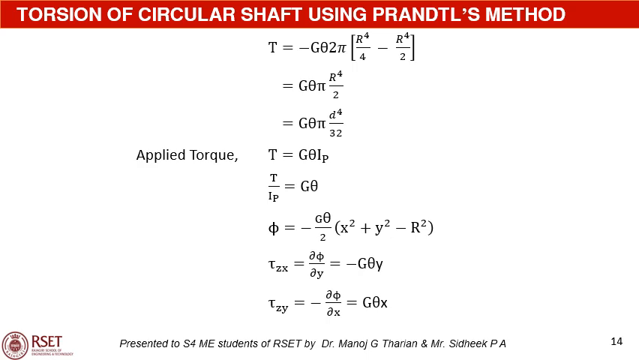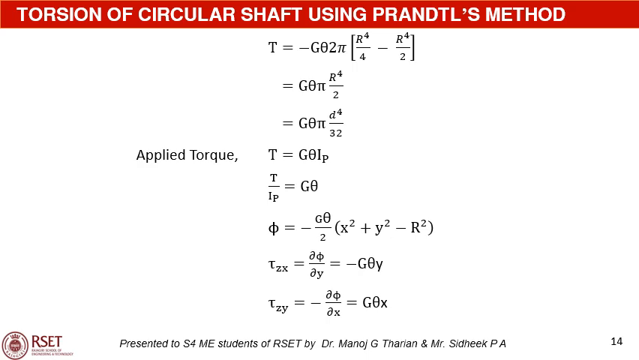which gives applied torque T is equal to Gθ pi into d raised to 4 by 32, where small letter d represents the diameter of the circular cross-section. We know that for a circular cross-section, pi d raised to 4 by 32 represents the polar moment of inertia IP. Thus, the applied torque T is equal to Gθ into IP, which gives T divided by IP equal